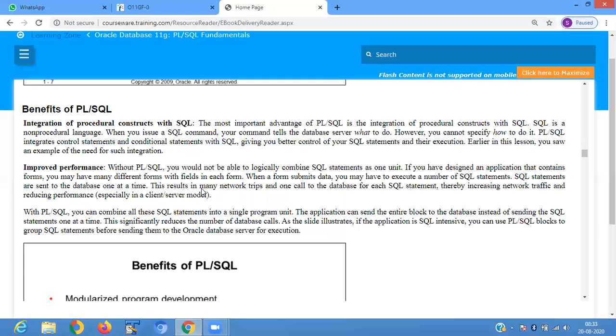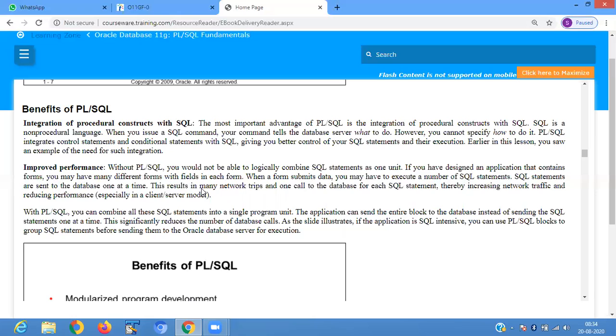When you issue a SQL command, your command tells the database server what to do. However, you cannot specify how to do it. The PLSQL integrates the control statements and conditional statements with SQL. It gives you better control of your SQL statements and their execution. So you have better control on the SQL statements.